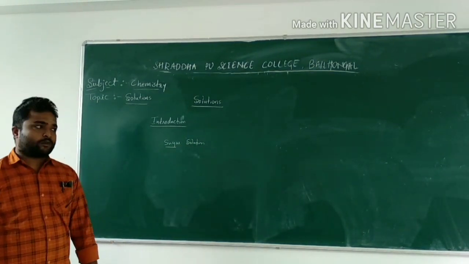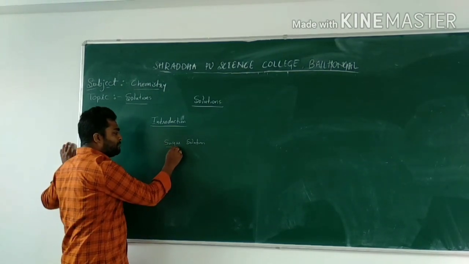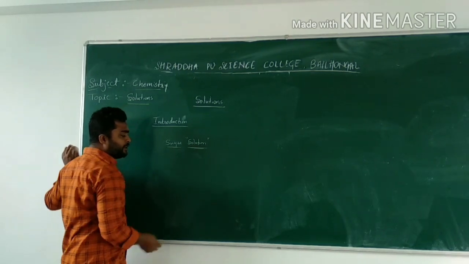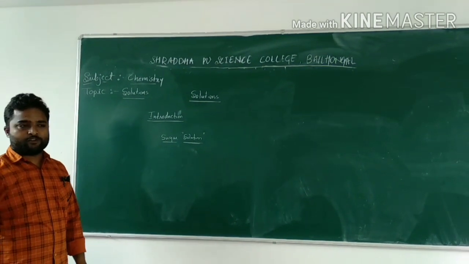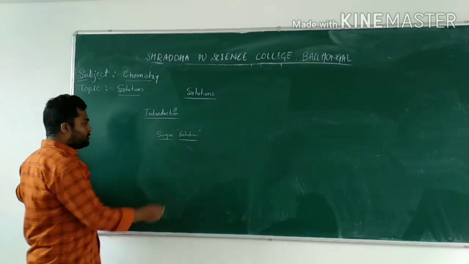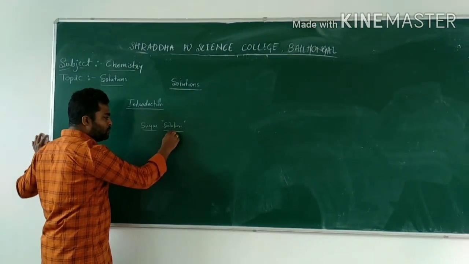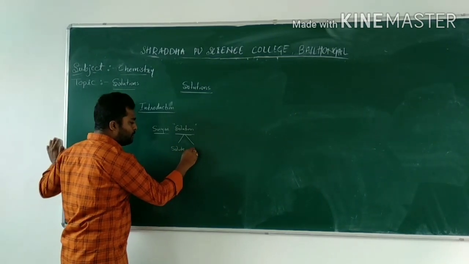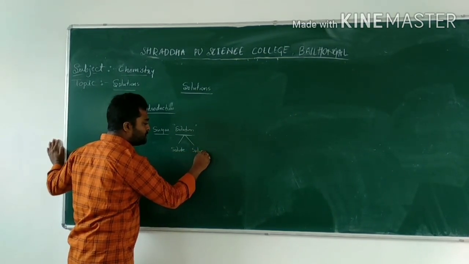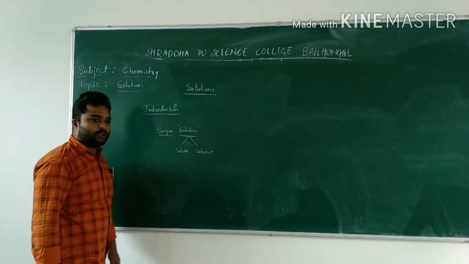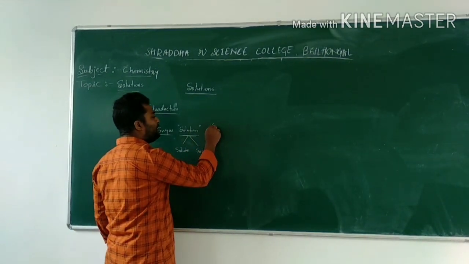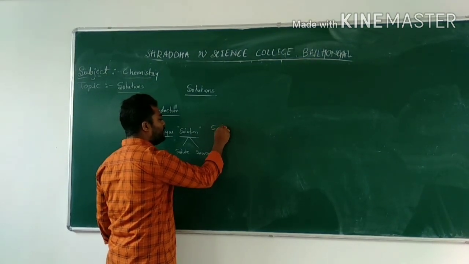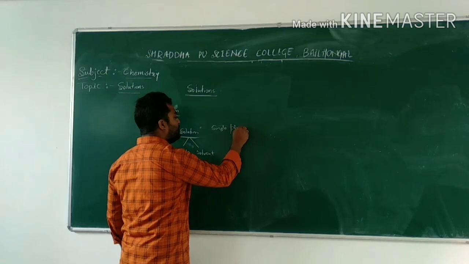in water. Okay, but what you have to understand after learning this solution chapter is, first I should be able to define what you mean by a solution. If you see various examples, a solution is composed of two components. One is solute and one more is solvent. Okay, this is how you have defined it till now. And it will be a single phase system, or a single layer system,